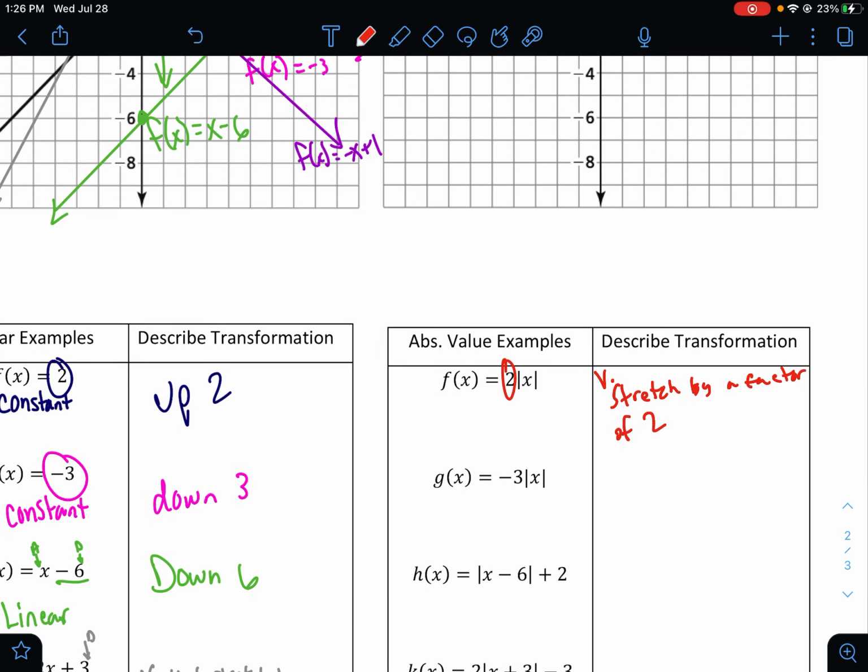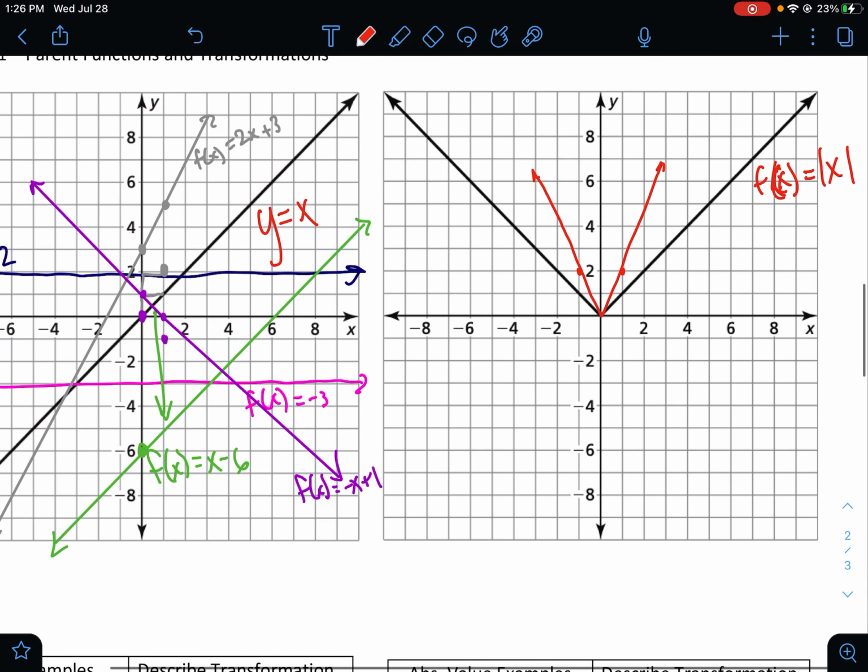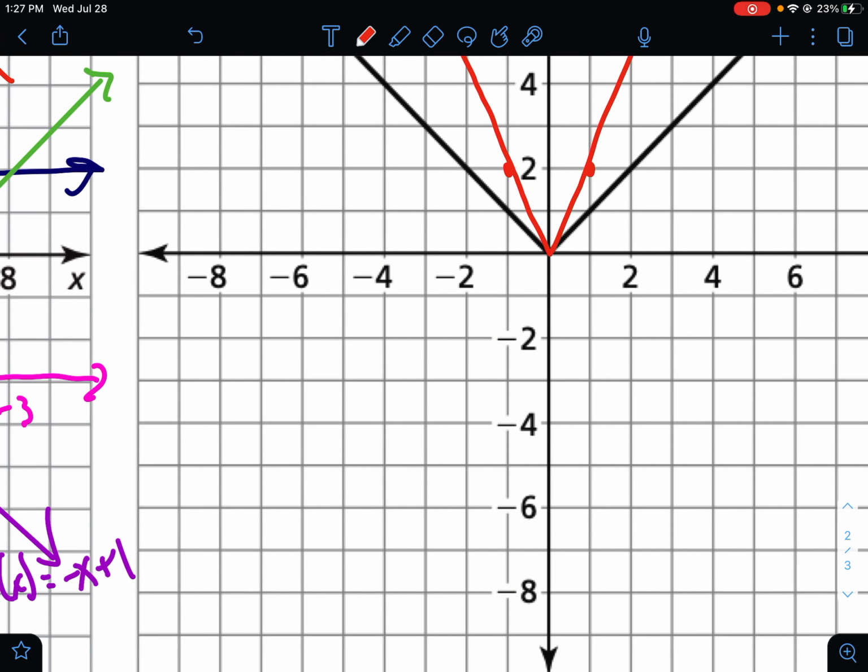The g of x would be stretching by a factor of 3, but then because of this negative, you do get a reflection across the x-axis. So what that means now is it's going to have a slope of 3, but then upside down. So now, instead of going up 1 over 1 in this direction, it's going to be going by 3. So you'll actually have it here and here, very steep,